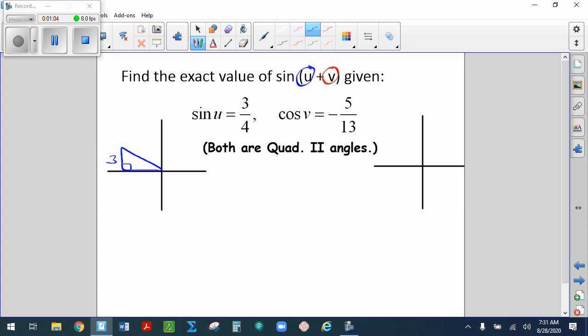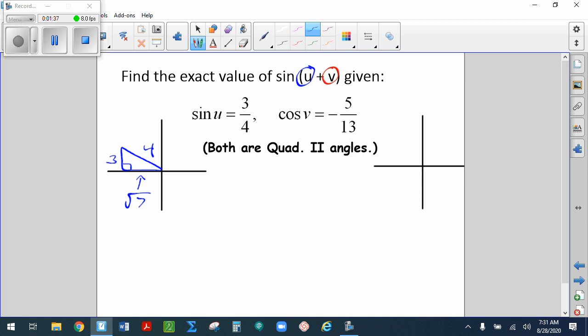Where the opposite over the hypotenuse is equal to 3/4. So you have to be careful, because when you see the right triangle in the 3/4, you want to say 3/4/5, but that's not the case here, because the hypotenuse is 4. So to find the missing value, we're going to do 3 squared plus that base squared equals 4 squared. And so we'll have 9 plus something equals 16. 16 minus 9 is 7, so this will be square root of 7. Just to double check that, 3 squared is 9, root 7 squared is 7, 9 plus 7 is 16,